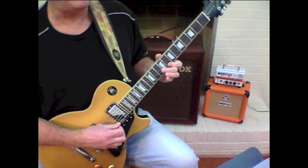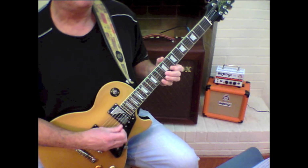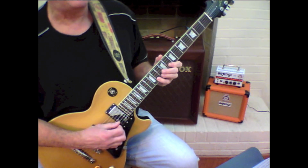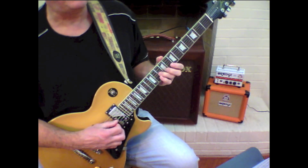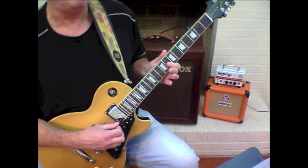Then you go to the 8th fret of the B string, 8th fret of the high E. Then 11 on the B, 8 on the B, then pull off from 11 to 8 on the B, then on the G string 10, then 8th fret, barring with your first finger on the B and then G,